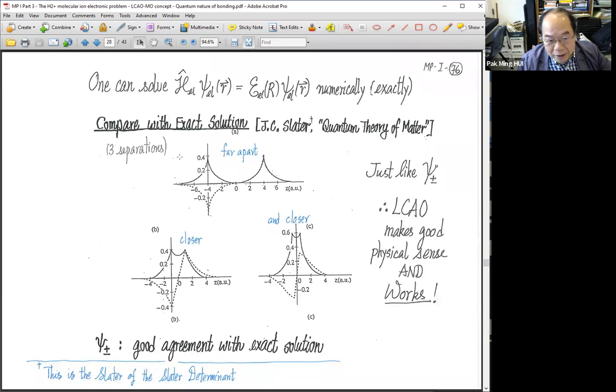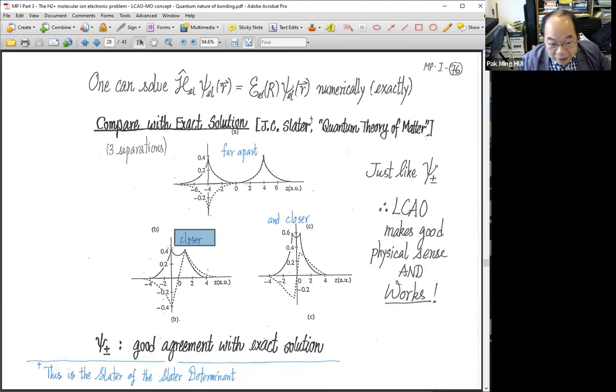Very far away, the solid line is bonding. The dashed line is anti-bonding. The solid line is the plus. The dashed line is the minus combination. You see the dashed line here, and then it overlaps with this, the other side, okay? That is the very far away situation. Closer,